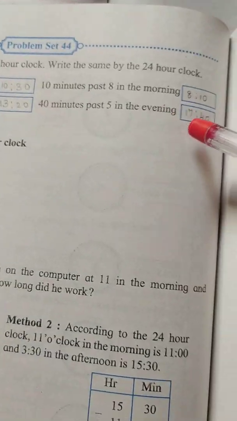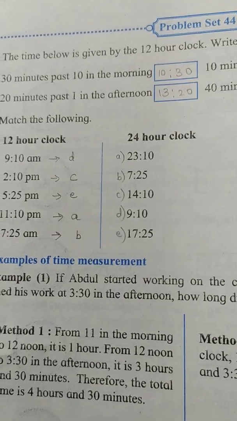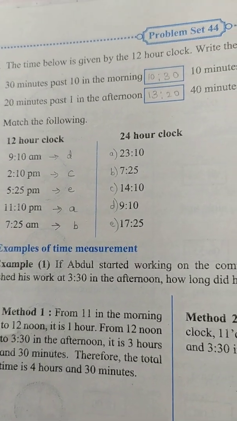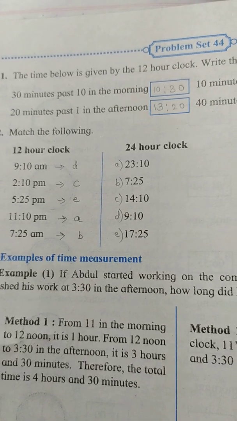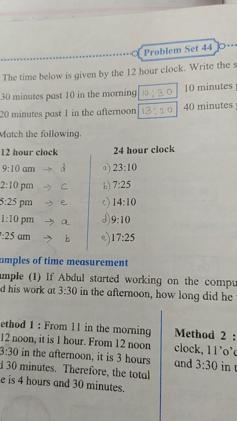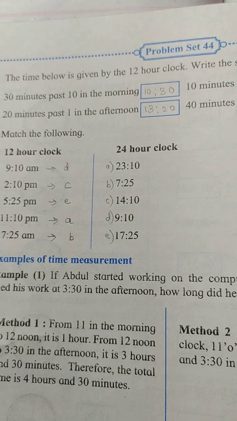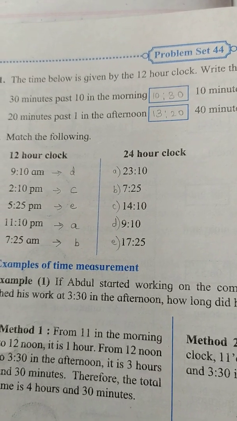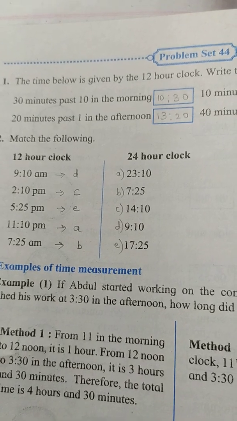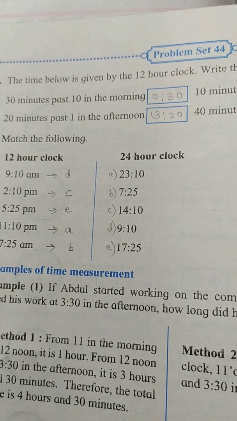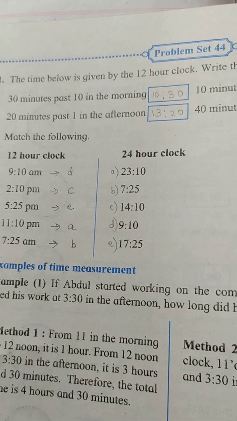Children, you can write it in pencil in your textbook. Okay. So that's it for today, children. Complete this exercise, problem set 44. Try to understand it well. Keep reading through it, going through it till you understand it clearly, and prepare well for your unit test. Do all the sums which are there in the exercise. Study well. Wish you all the very best. Okay. Thank you.